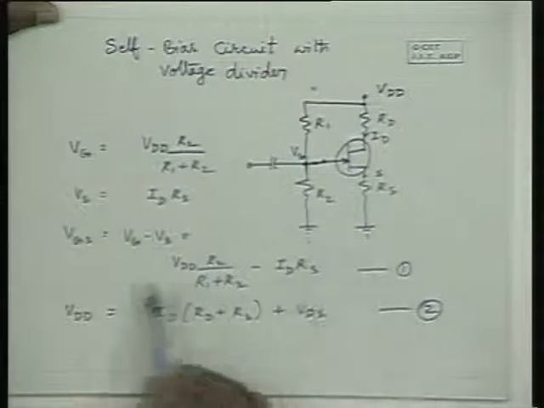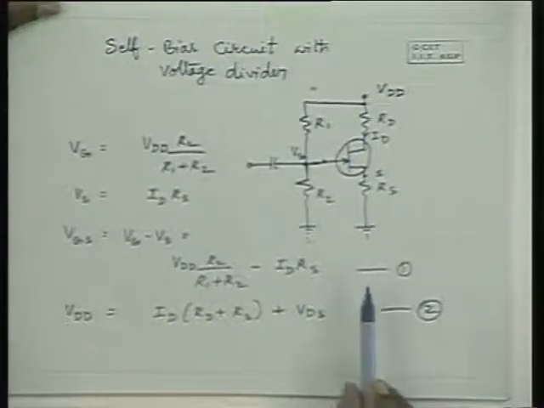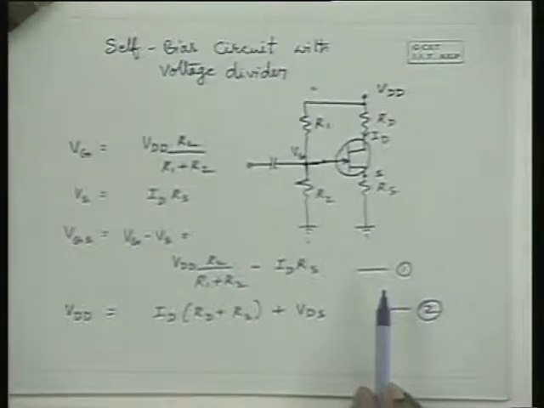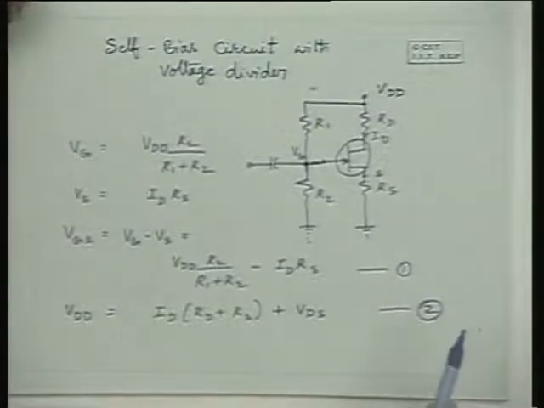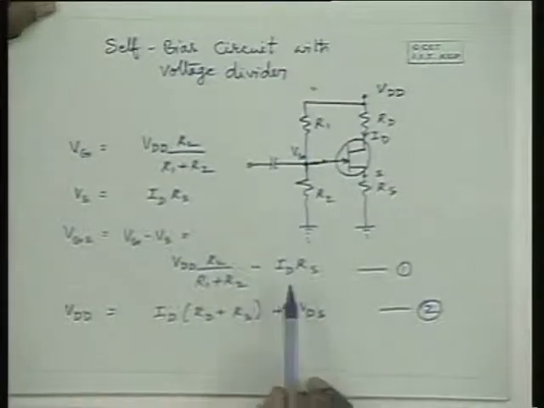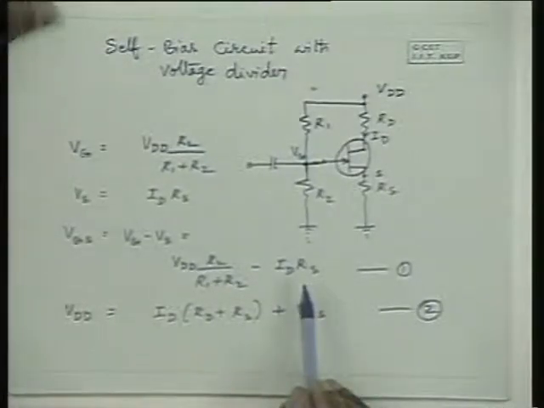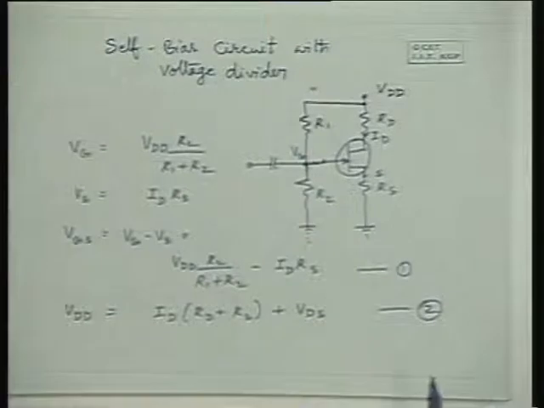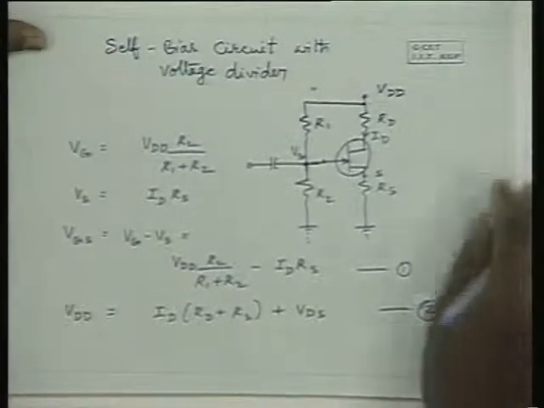Now equation 1 can be solved with the help of the transfer characteristics graphically, or with the help of that equation describing the transfer characteristics and equation 1 we can solve for ID and VGS, and then substitute that ID here and determine VDS. So that's how you solve this.